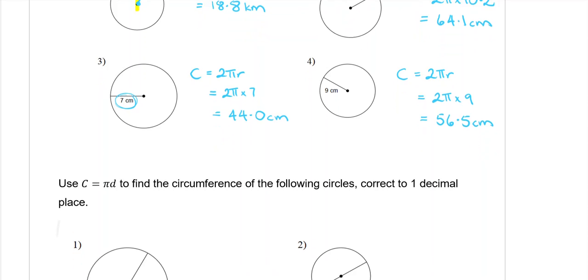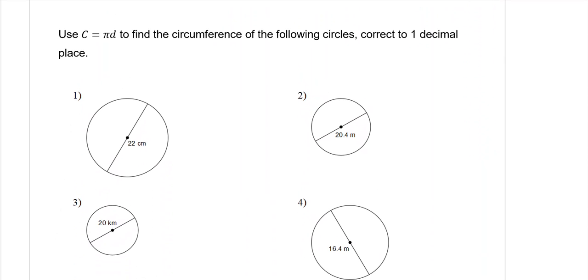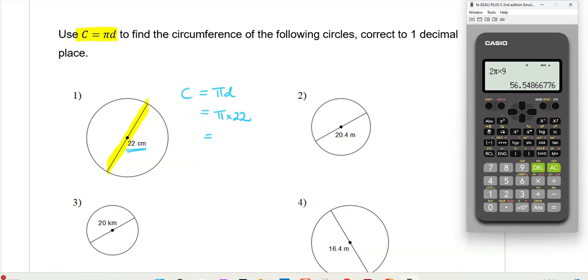Okay, so that was using the first formula. In this next section, we're now going to use C is equal to pi d, because each measurement in these questions goes the whole way across the circle, so they are diameters. Okay, so the same 3 lines, we're going to start with the formula, which is C equals pi d. The second line, we sub in that the diameter is 22, so it's pi times 22. Remember that things next to each other are always times. So in the calculator, we type in pi times 22, and we're still doing one decimal place, so that will be 69.1